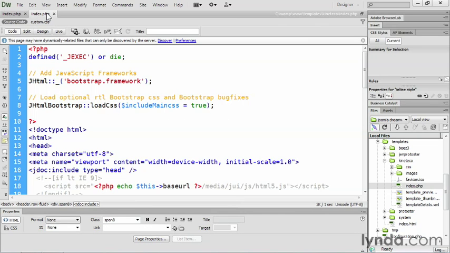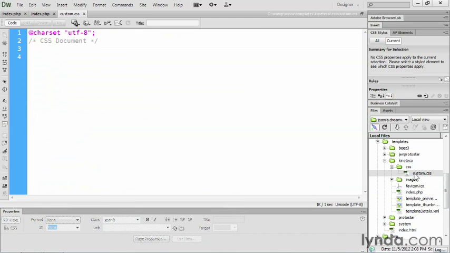But my index.php associated with my template, this is valuable for editing any code here that I need to edit. And I'm also going to make sure that I open up my custom CSS file. I'm going to have that open in a tab as well. This will give me some nice big text so that you can see it in the video, what I'm typing in and what order I'm typing it in, and then we can put this in a web browser and view it from here. So Dreamweaver can be helpful as a tool for editing your Joomla websites, as long as you use it correctly.